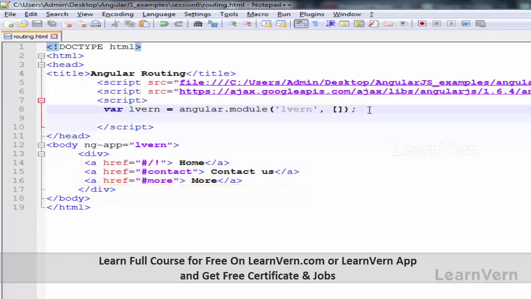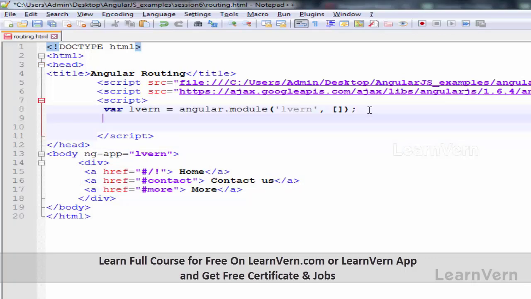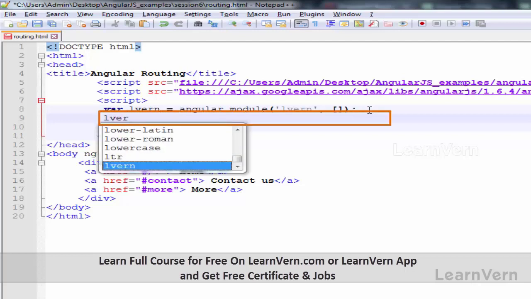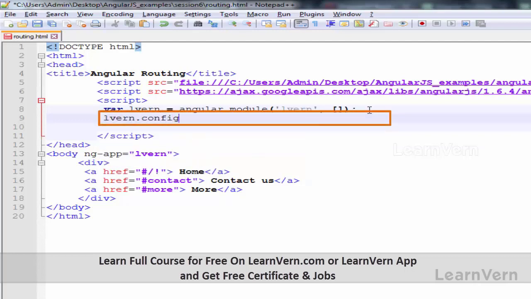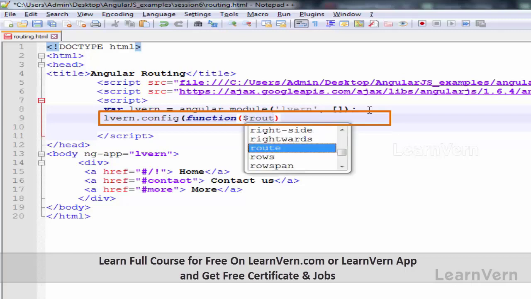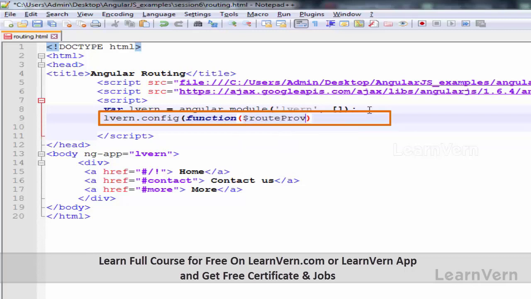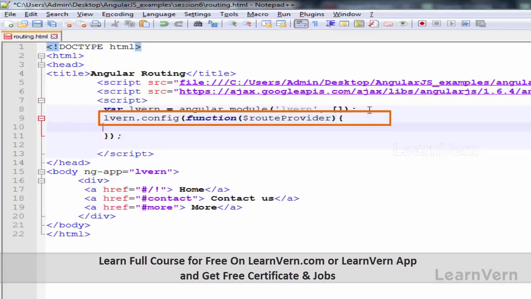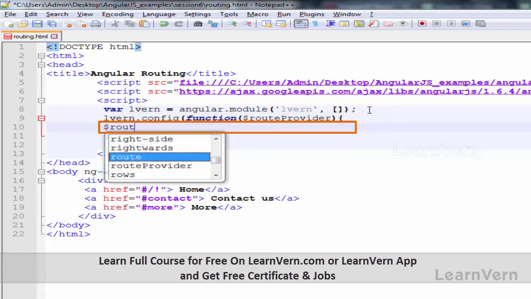Now let's write the config method where we will use this routing. Let's write LearnVern dot config. It takes a function. Inside that function we will use $routeProvider and then open close. So this is my signature for writing config. Inside this config method, I will use the $routeProvider method